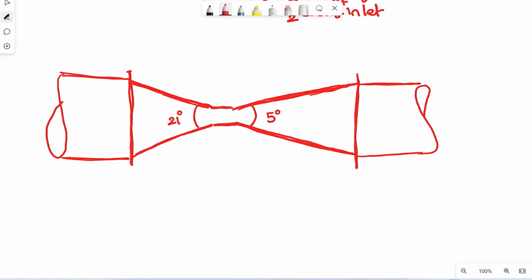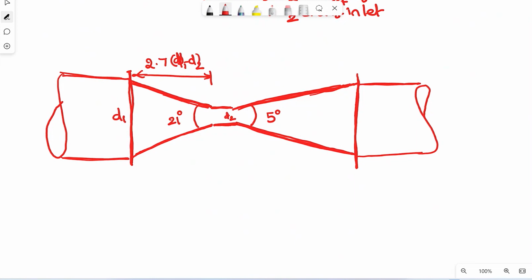That you should remember. Whereas this length is equal to 2.7 times (d1 minus d2), where d1 is the inlet and d2 is the throat. Throat diameter is d2,